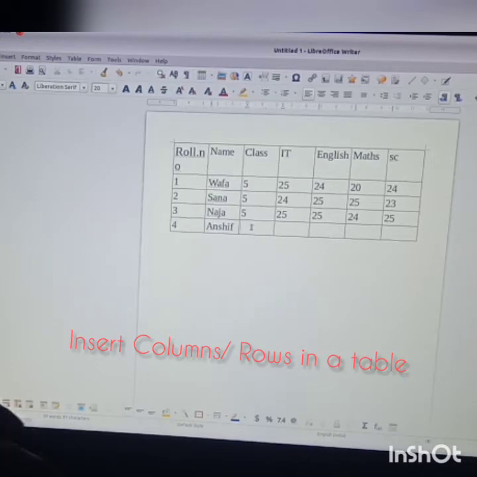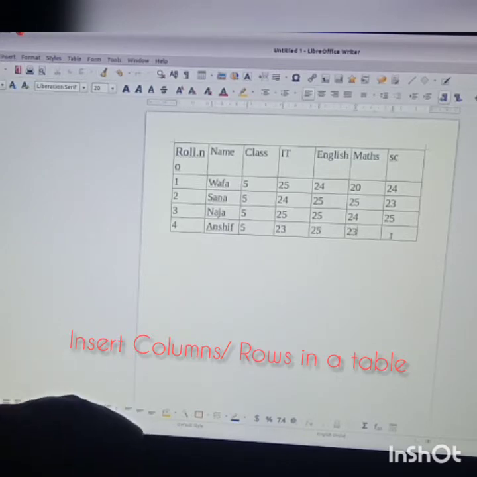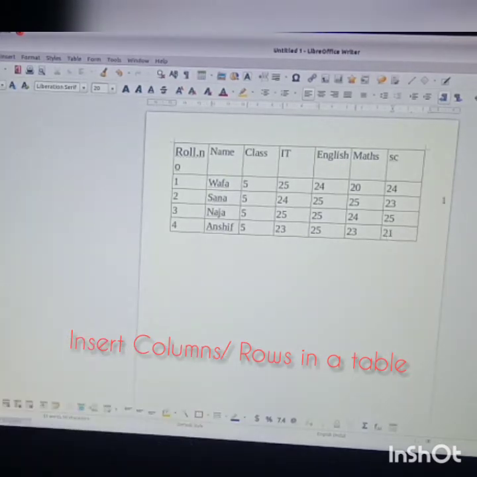And the class is again 5 and IT mark is 24, 24, 25, 23, 20, 21. Okay. So this is one more row also added and one more column also added.